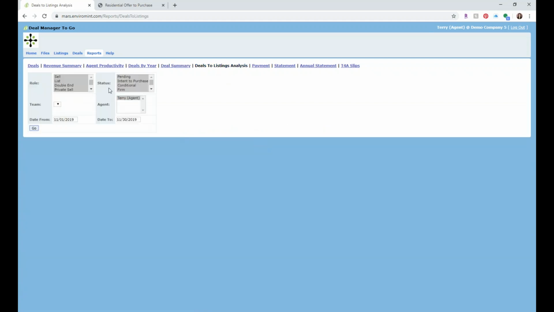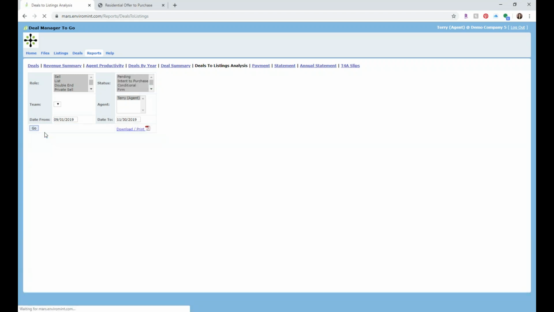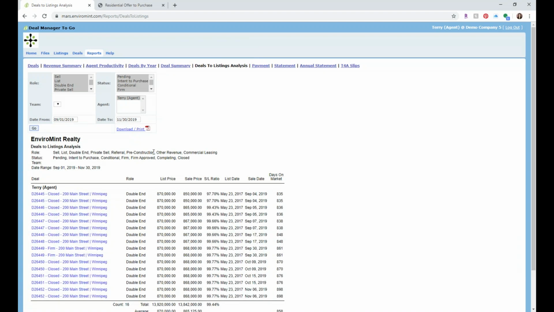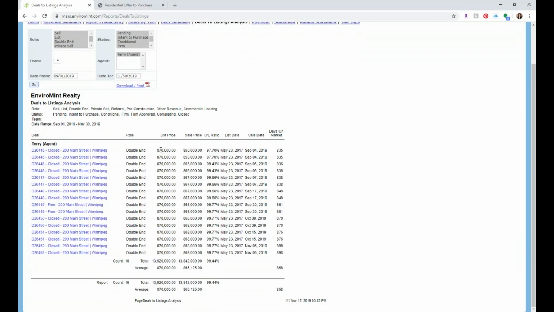Deals to listing analysis. This one shows you, based on your listings and your deals, how did the listing and deal perform. So if I hit go here, see it shows me. So here's my listing. It was listed for 170, but I sold it for 850. So this sale to listing ratio is lower. If you sold it for 875, then it would be over